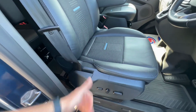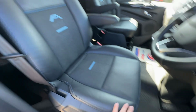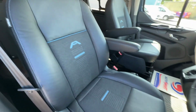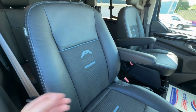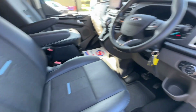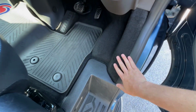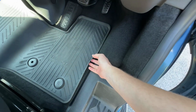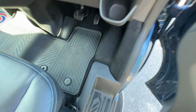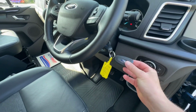Of course, that can be replaced if you wanted it to be. Having a look at the driver's seat then, absolutely no wear to the driver's seat. It's in fantastic order. Again, this half leather interior continues inside. I think it's really, really smart. Auto-activated lights, you also get auto-activated wipers, carpet in the cab, of course that's standard on the double cab, and you can see the rubber overmats here in the front again, and we've got 2 full remote keys with the